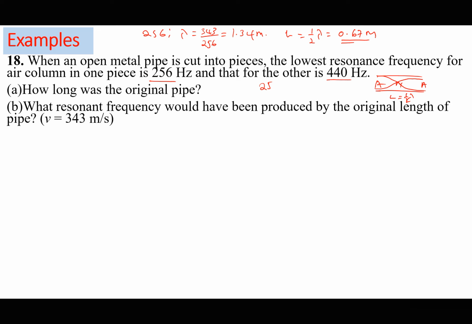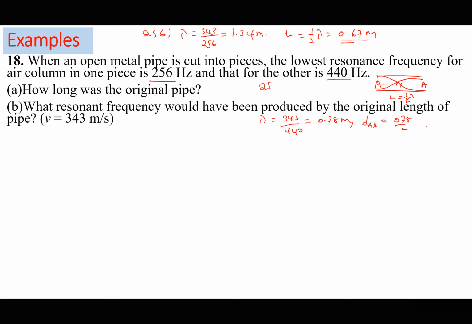So I will have that 400, and I will have that the wavelength lambda is going to be equal to V over frequency, which is going to be 343 divided by 440, which will be equal to, from my calculator, I get 0.78 meters, which means the length, which is the distance between an antinode and an antinode, is going to be equal to